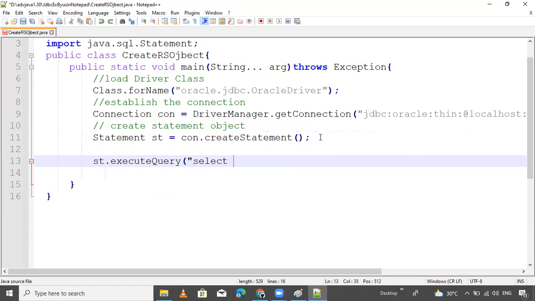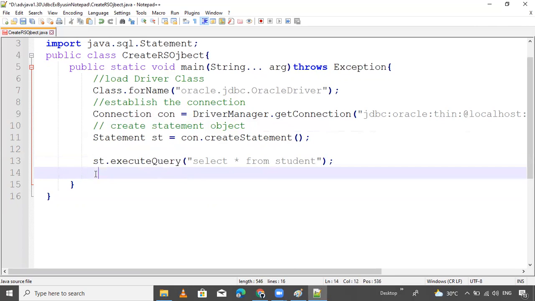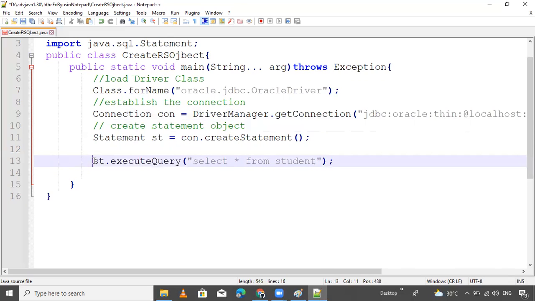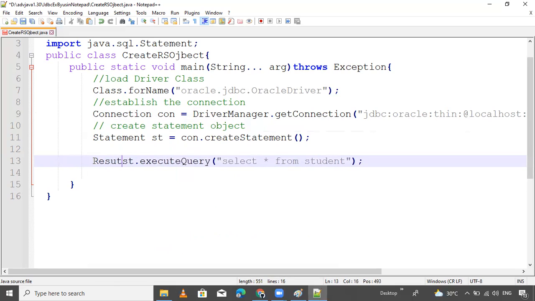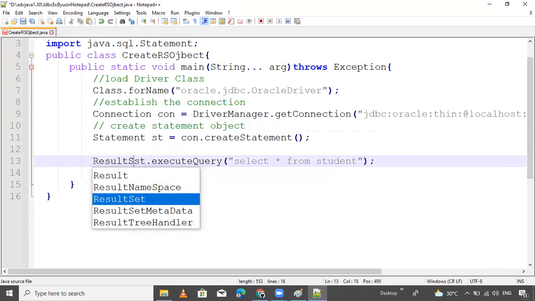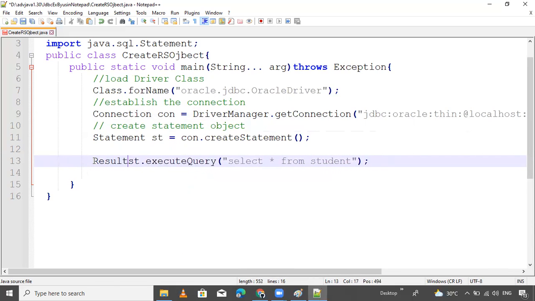Select star from student. In our database, one table exists, I think, I will check. The executeQuery method's return type is ResultSet. ResultSet rs. That's it.